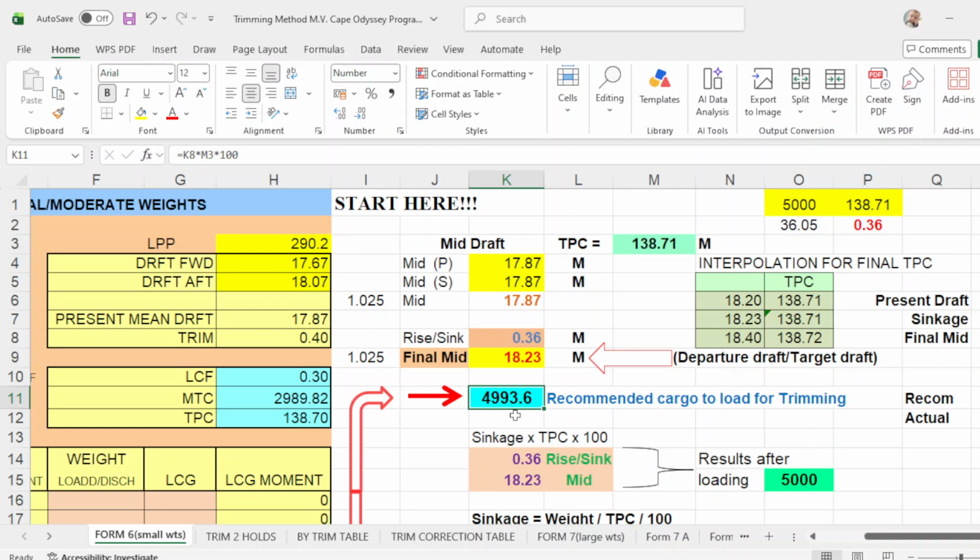So she's short of 6.4 metric tons. Take note, guys. With this departure draft 18.23, you interpolate the TPC, which is 138.71. Then follow the arrow.